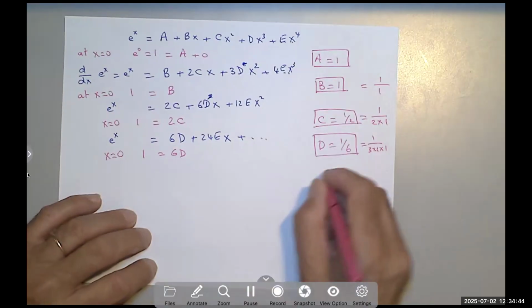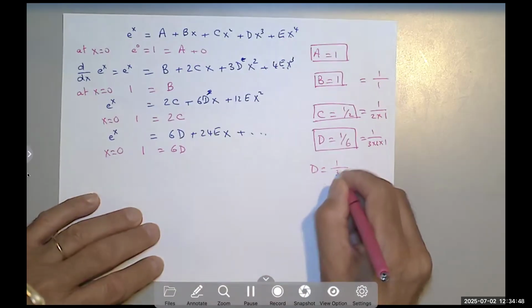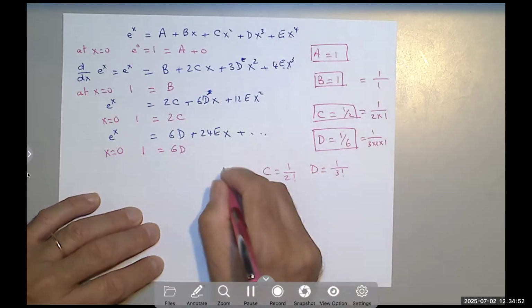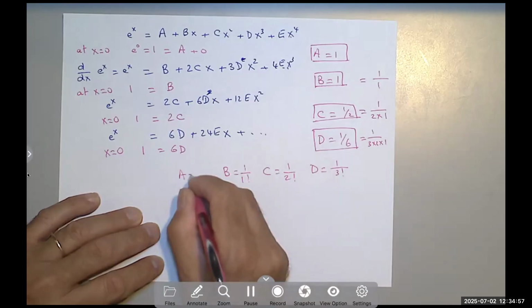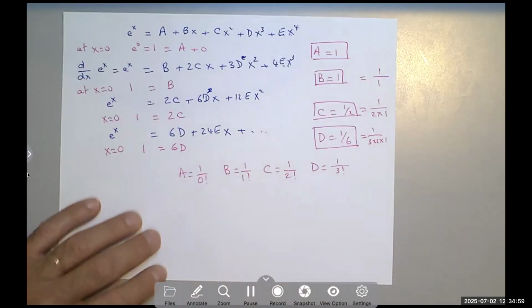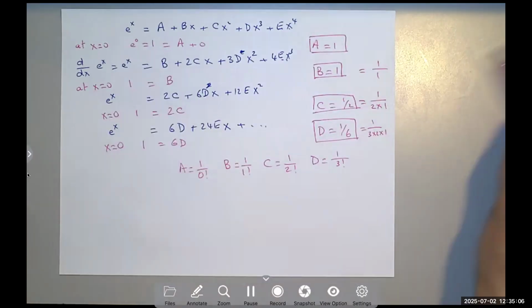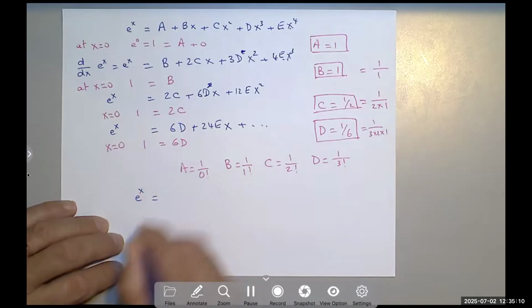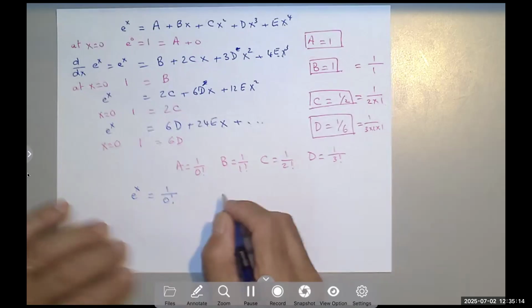So I can write D equals 1 over 3 factorial. C is 1 over 2 factorial. B is 1 over 1 factorial. And even A is 1 over 0 factorial, which by definition equals 1. So now I can see that e to the x can be easily expanded as 1 over 0 factorial, which